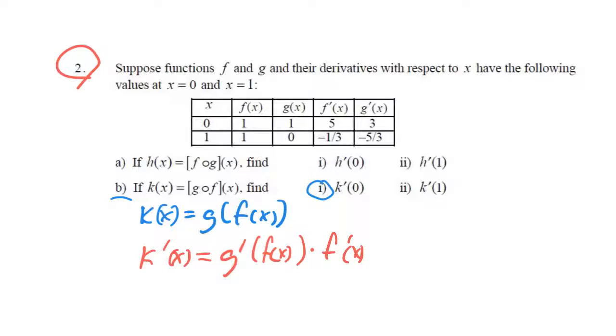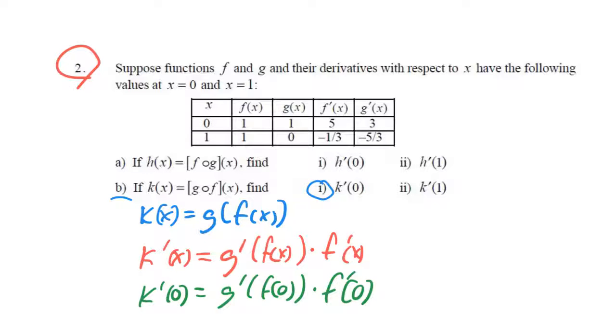So now I'm being asked to find k prime of 0. K prime of 0, so that's just like in the last one, we just plug in zeros. This is going to be g prime of f of 0 times f prime of 0. So this is where people tend to get a little screwed up. So we just need to be careful here. The f prime of 0, that part is pretty straightforward,